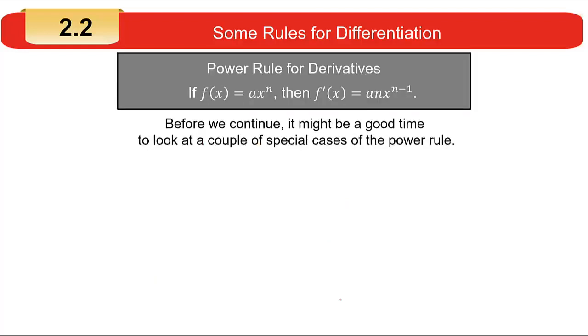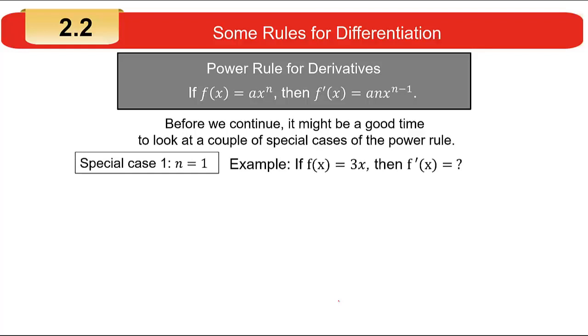Before we continue, it might be a good time to look at a couple of special cases of the power rule, where you can just call it a power rule problem, but it's such a special case that you almost want to think about it as its own thing. One special case is when the power of the power rule is just 1, when n just happens to be 1. Well, if n happens to be 1, that just means you've got x to the first power, which is just x. So an example of that might be something like, if f of x equals 3x, then what's the